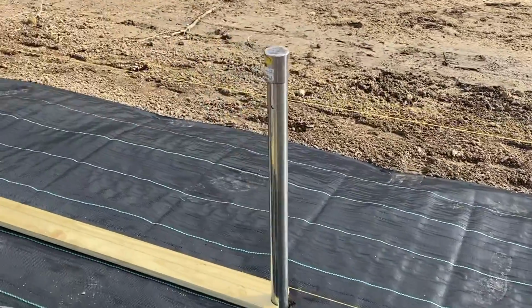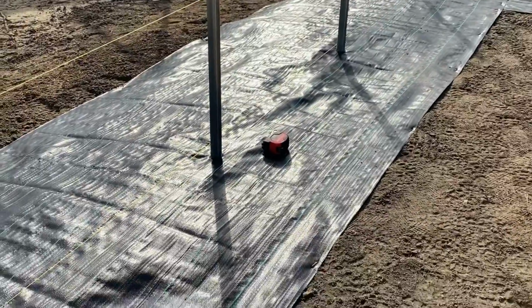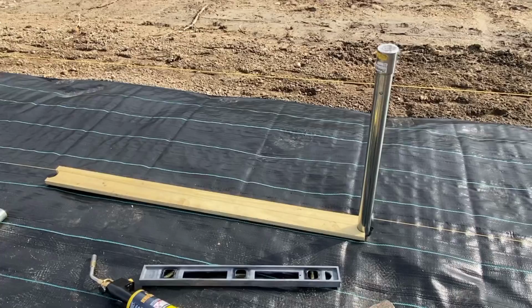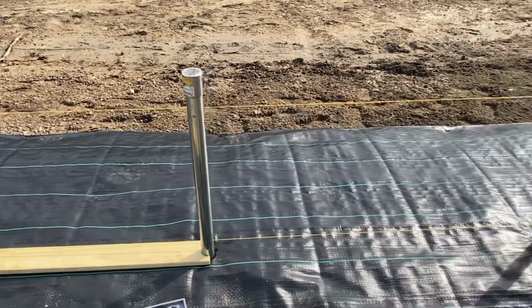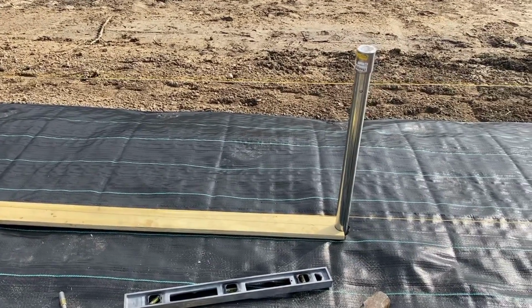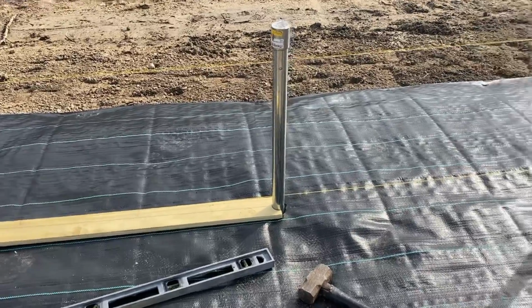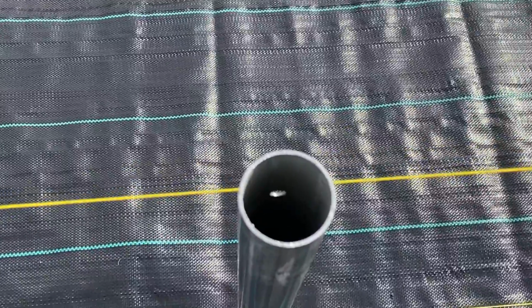And instead of measuring each one with a tape measure, I decided to build a jig. And these posts are supposed to be set 4 foot on center. And what I did was I took a 1x and measured out 4 feet, drilled 2 3/4-inch holes because that's about the size of this ground post,